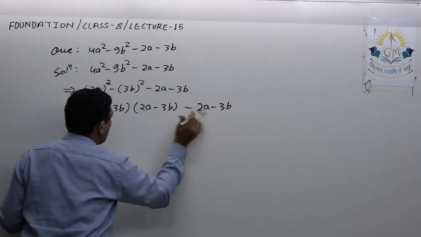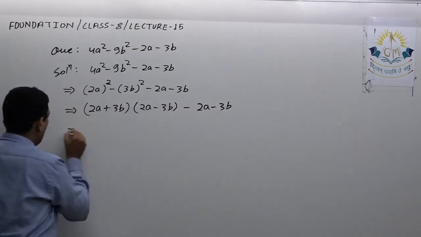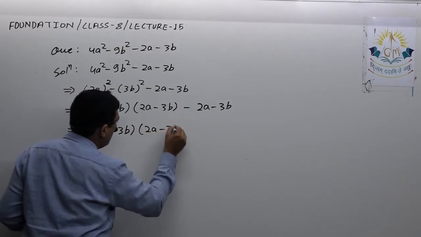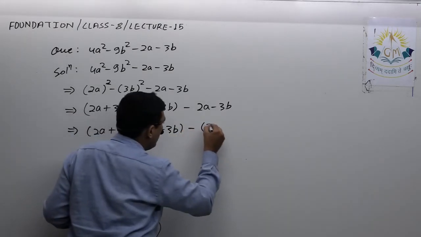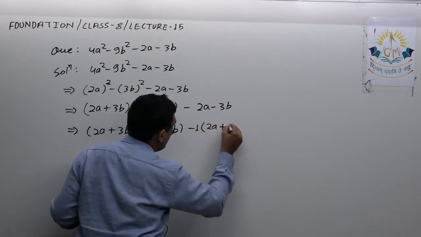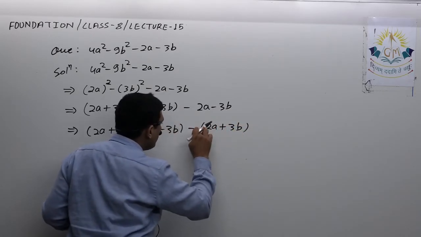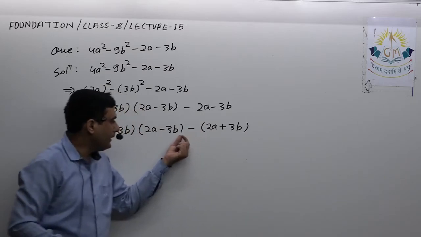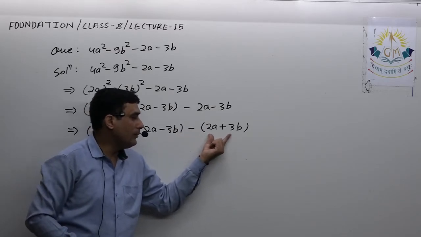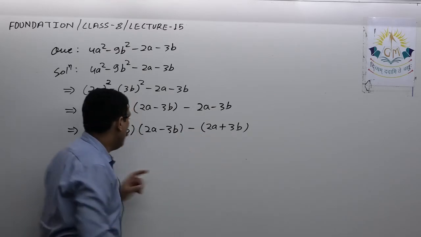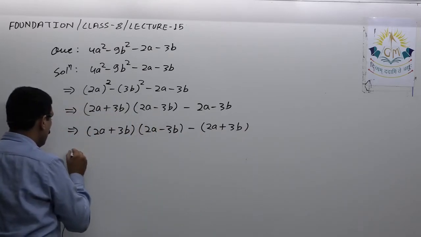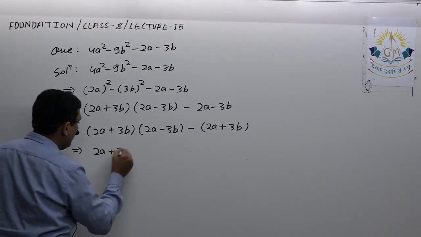Now if I take minus sign common from these two, let us see what I will get. If I take minus sign common, or in other words if I take minus 1 common, I will get 2a plus 3b. So simply I took minus sign common, or in other words I took minus 1 common, so definitely this will become 2a plus 3b. Now here you can see, here it is 2a plus 3b, here again we have 2a plus 3b. Now I can take 2a plus 3b common.